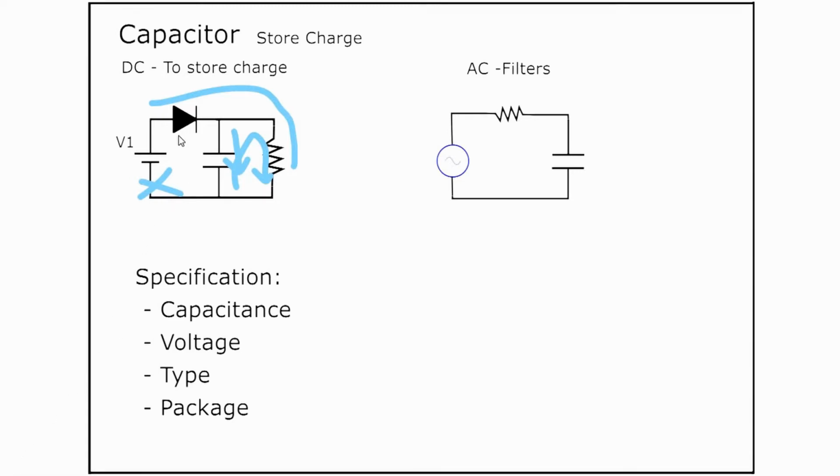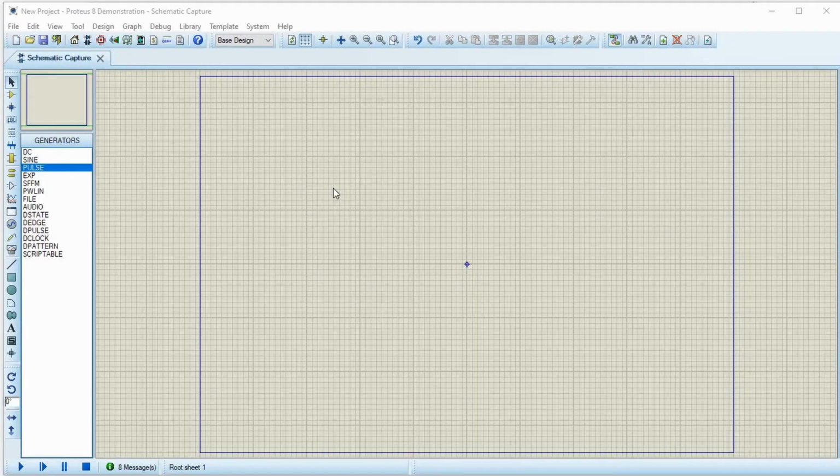You might be thinking, why have I used this diode here? Or else what will happen is whatever it has charged when it was there will get discharged when the V1 supply is not there. So basically this source also will act as a load when it is turned off. Now let's simulate it.